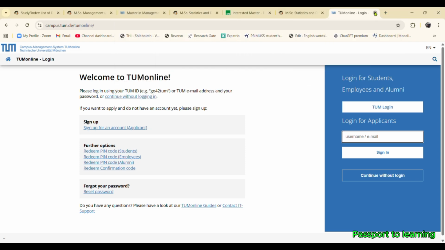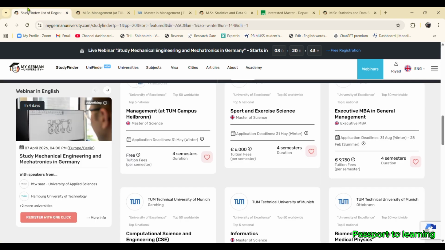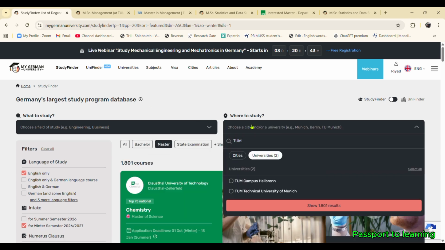So today I am going to show you how to apply to LMU. First of all, how to apply and the requirements of LMU, Ludwig Maximilians University in Munich. So first of all, I open my German university website and I filter, as well as